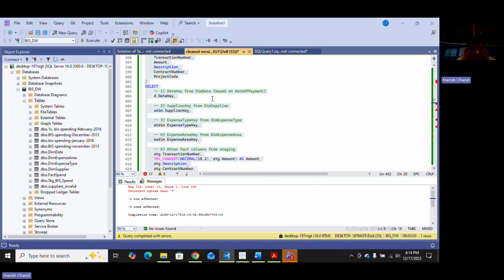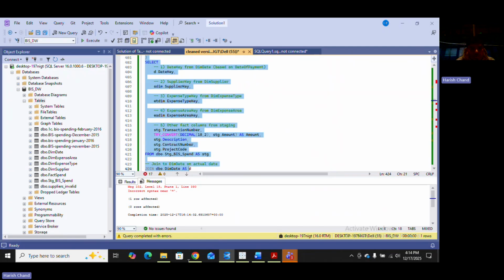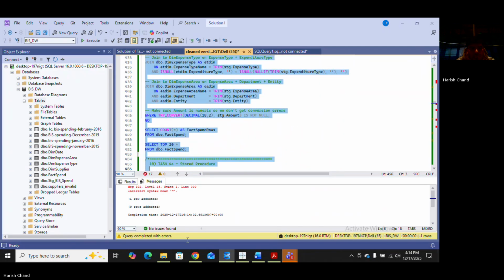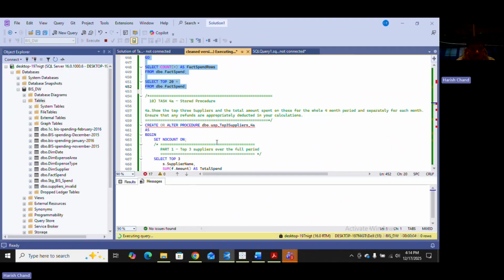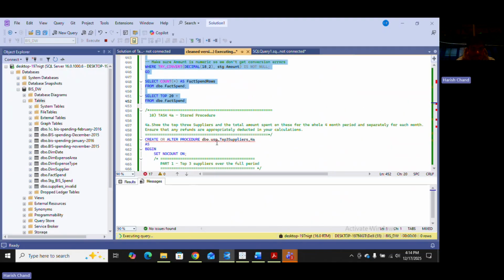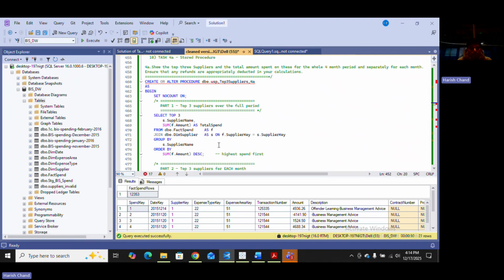Sorry, there are some errors. Let's execute from here. Supplier name and total amount by month. You can see the data here. Similarly with the expense type, for 2 months. It's taking a little time, so while executing, I will show you